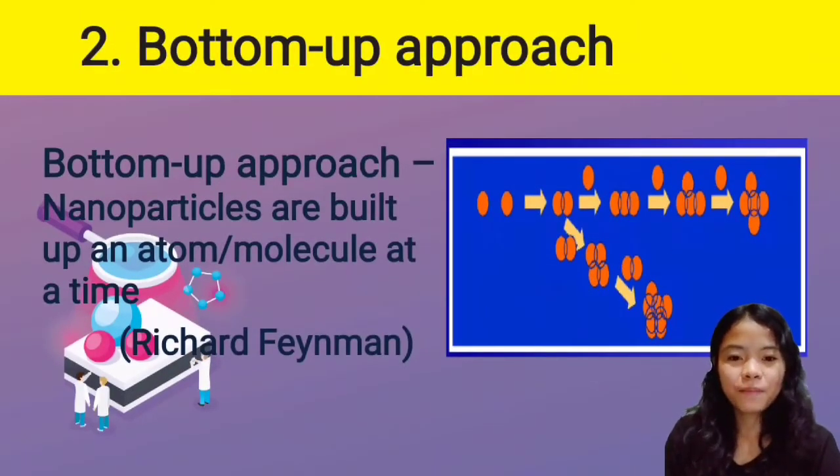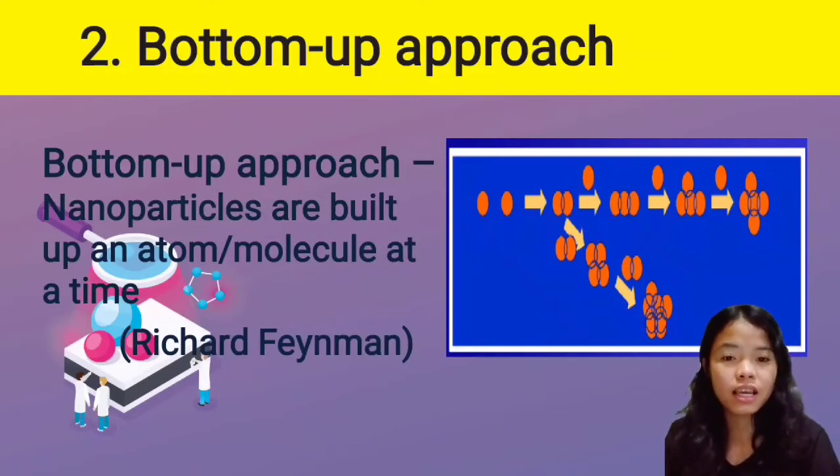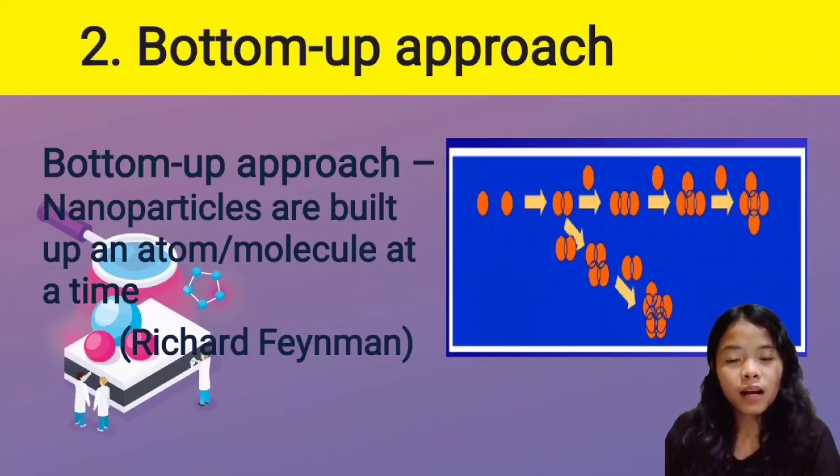So, the second approach is the bottom-up approach. So, nanoparticles are built up an atom or a molecule at a time. It is a contrast to the top-down approach based on the picture that you can see, where its manufacture processes come from the smaller particles to create larger products. These methods utilize the concepts of molecular self-assembly, where atoms and molecules organize or assemble themselves to create stronger and more durable products through